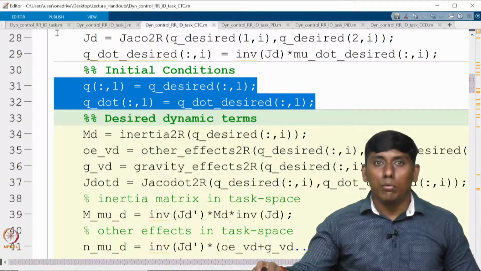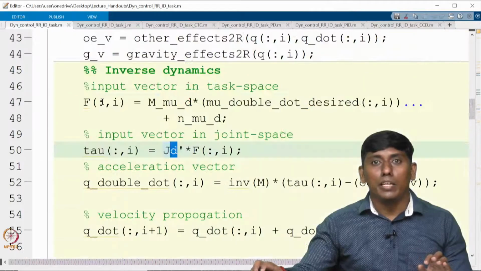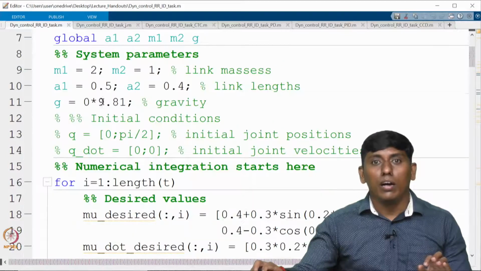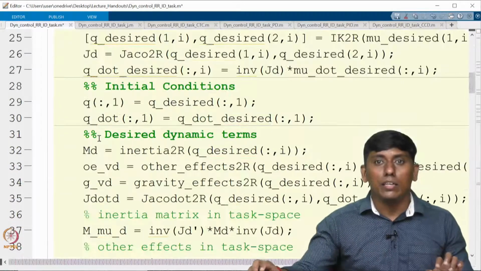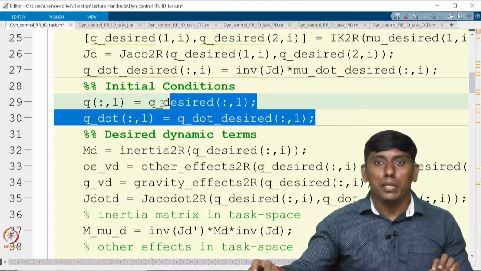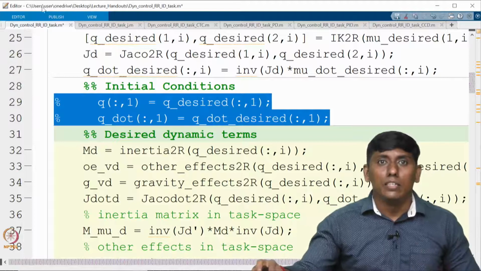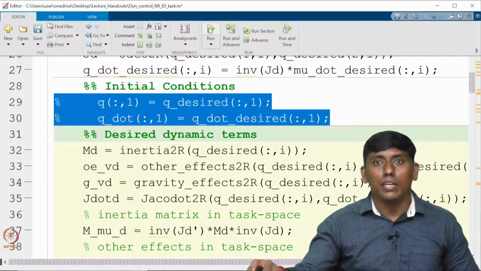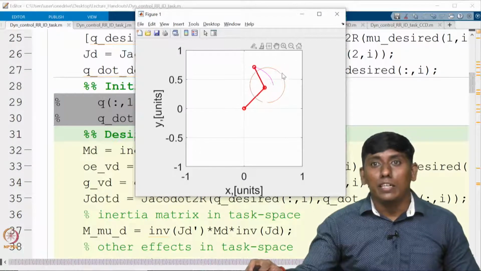Now why is this required? You can see the task space. If I am equating this, I am bringing it here, and this I am commenting in the inverse dynamics. You can see this won't work in the desired manner. That is what we are trying to show. In fact, it may be unstable also. You can see it is starting somewhere here, right? This is the starting point and it is supposed to follow the circle.